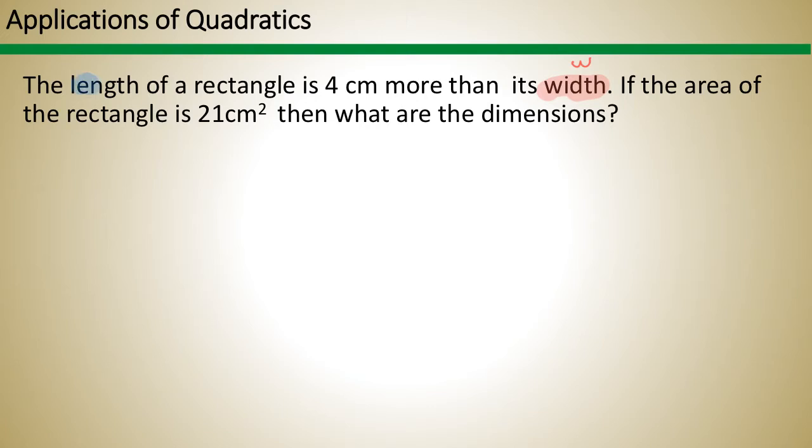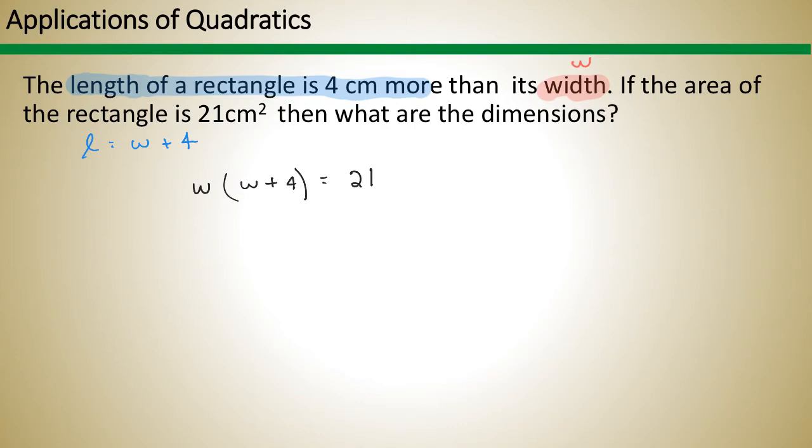And we have the length, which we know is 4 centimeters more. So I'm going to call the length L, and we're going to say that L is whatever the width is plus 4. Then we're told that the area is 21 square centimeters. I find the area by multiplying length and width together, so what I really have is W times W plus 4,